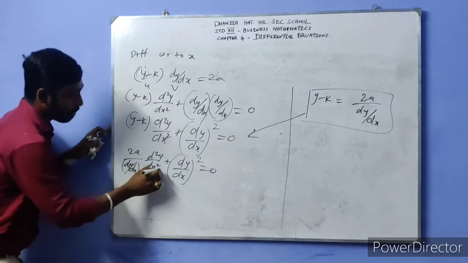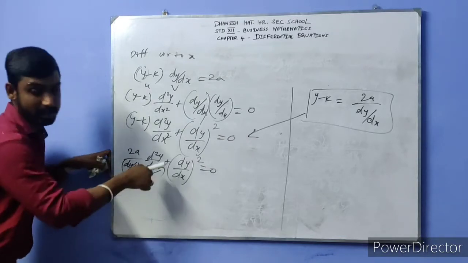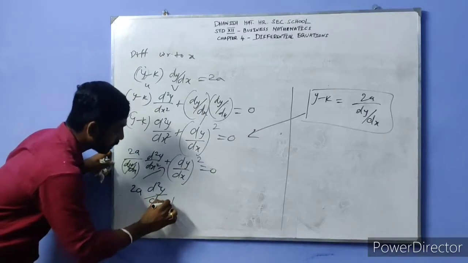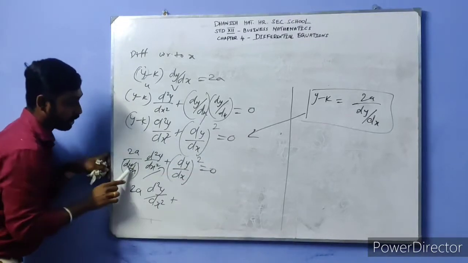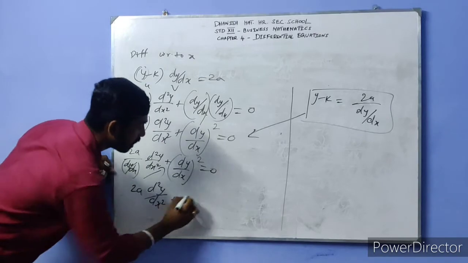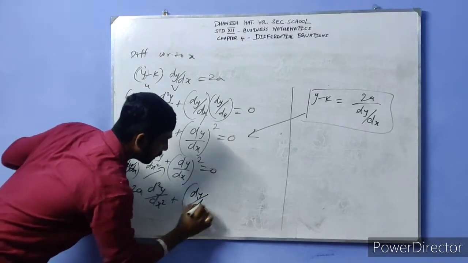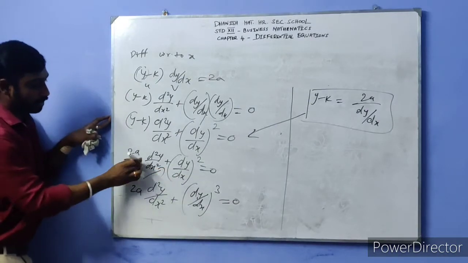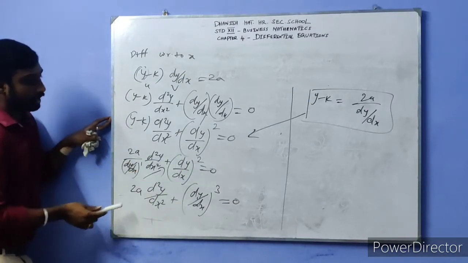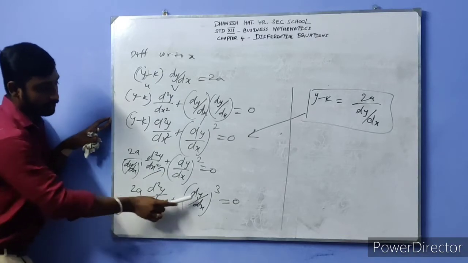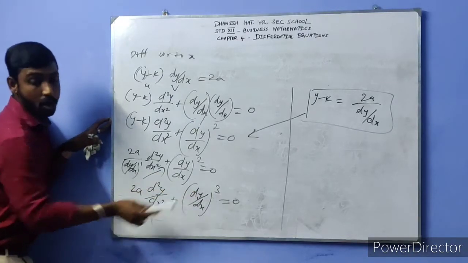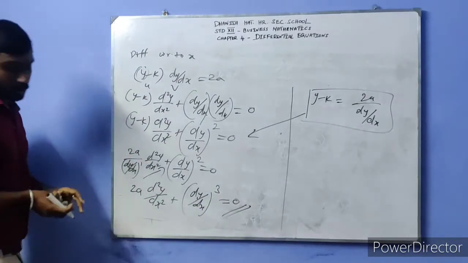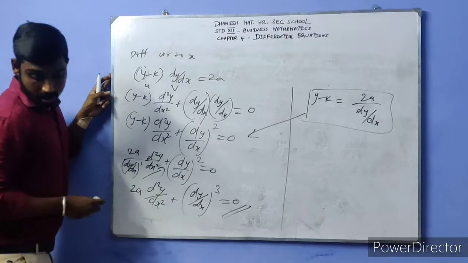Now we are going to multiply this one. So it looks like a mixed fraction here. 2a into d square y divided by dx square plus, here we are already having a square. You are multiplying this by dy divided by dx, so it changes into cube. The power here is 1, so this multiplies into dy divided by dx. You are getting (dy divided by dx) the whole cube here. This is a formation of a differential equation. So let me see the sixth question.